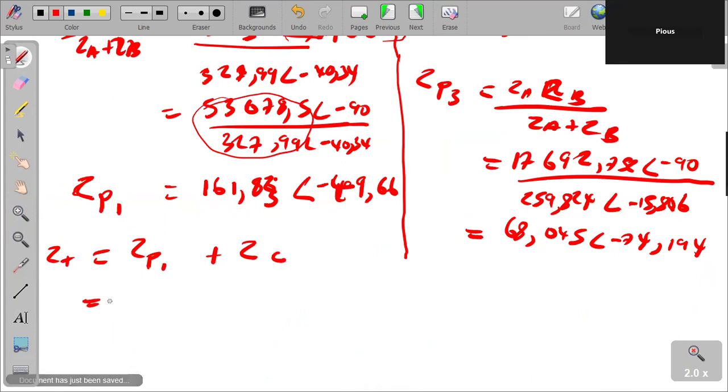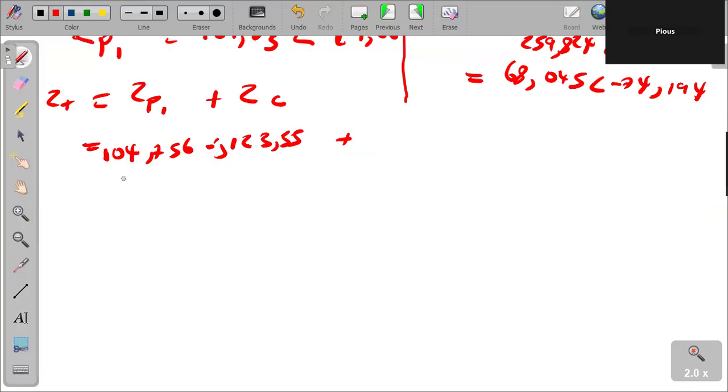ZP1 we need in rectangular, which is 104.756 minus j123.35, plus ZC, we have it as well. It's 8 plus, what's happening now? We have to take